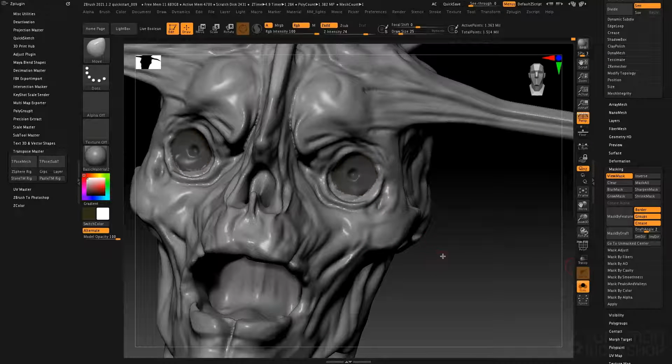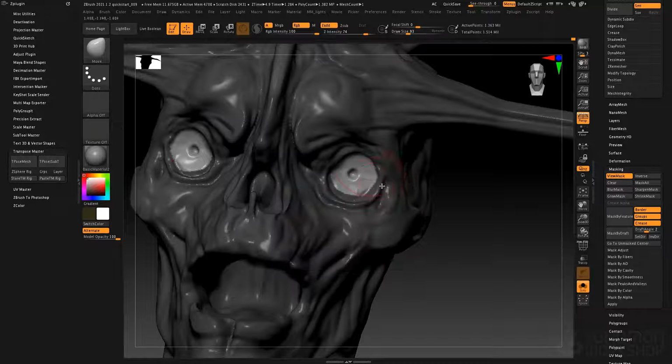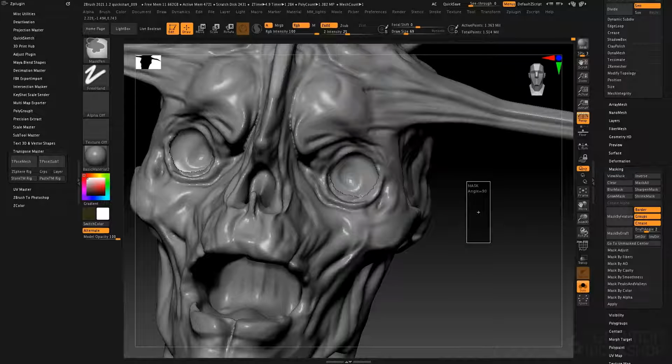I'll turn on solo, Control click on the background to invert the mask. And once again, I'll just take the move brush, hold down Alt, and push those faces back. And then pull them out a bit so we get a bit of thickness to that eyelid. Now that creates this jagged edge here, but watch, we clear the mask, execute Dynamesh, and it will just smooth that out for us. So we can then take our smooth brush, clean that up,